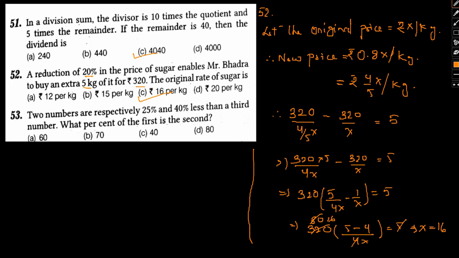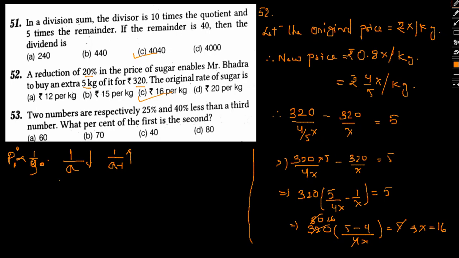So whenever we have two quantities like price and quantity which are inversely proportional to each other, that is for fixed price, with high price quantity is low, with low price quantity is high. So for inversely proportional quantities, when one of the related quantities is decreased by 1 by a times, then to balance this out, the other related quantity has to be increased by 1 by a minus 1 times.